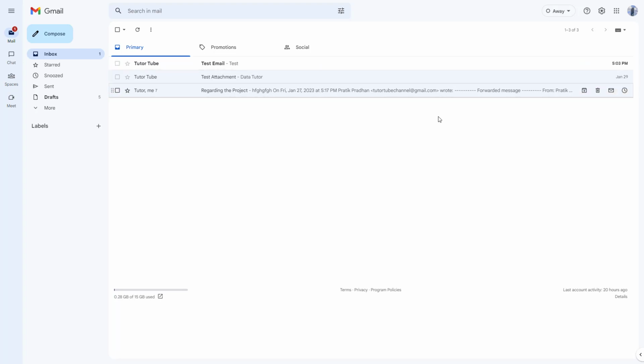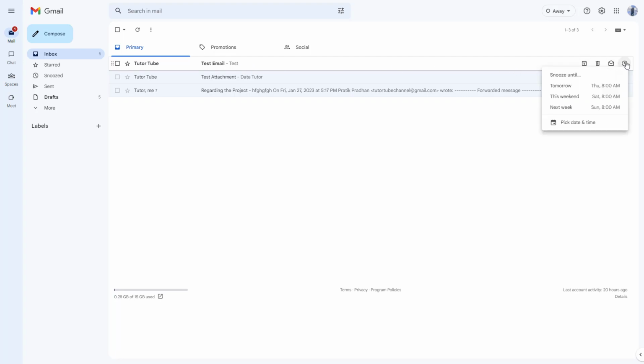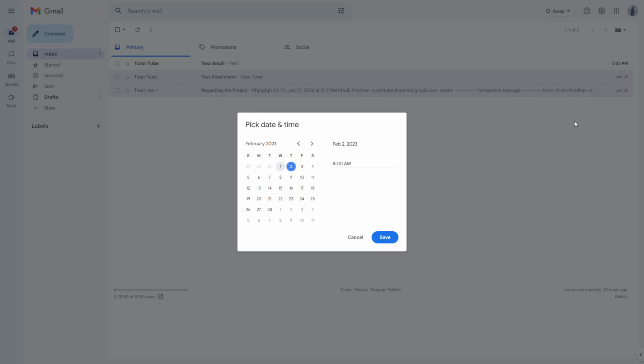So to do that, while you hover around on this email right here, on the right hand side, you can see the snooze button right here. Once you click on it, you can choose snooze until the default values that you see, like tomorrow 8 a.m. or this weekend Saturday 8 a.m. or next week Sunday 8 a.m. right here. Or you can click on pick date and time right here and choose a particular